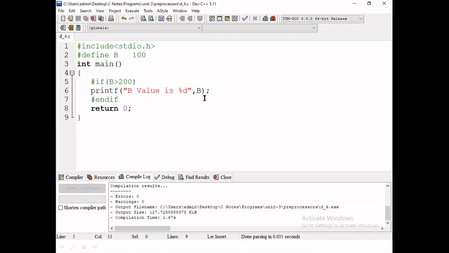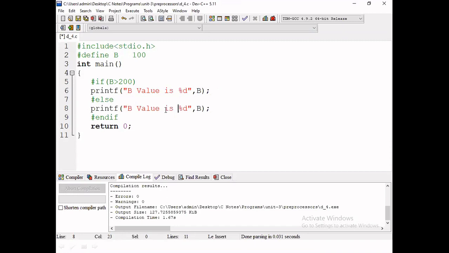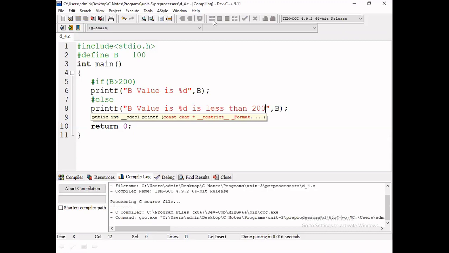In that case, we can use one more control, that is the else part. Else, the B value is less than 200, so the statement will be printed.